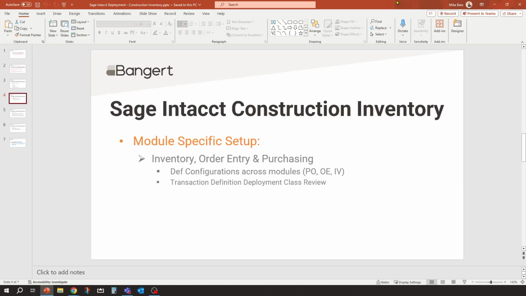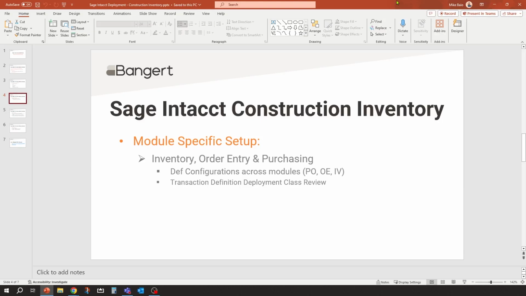In this session, we're going to specifically talk about going back into our transaction definitions and configuring them further to enable them for some inventory capabilities. So this is going to be a refresher. We're going to go back in to a lot of things we covered back in the transaction definitions, but now it's going to be from an inventory perspective.